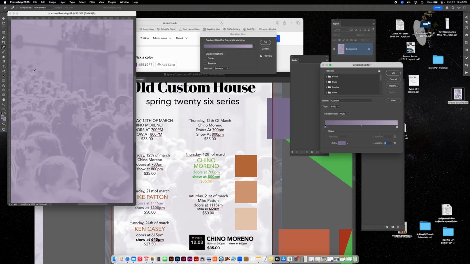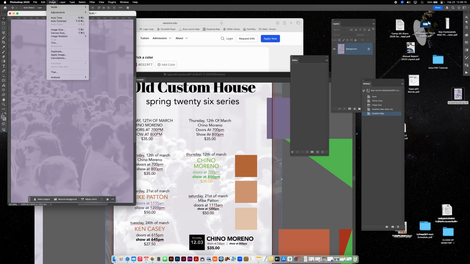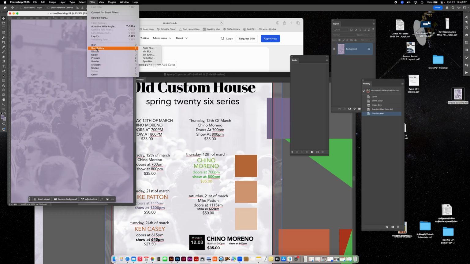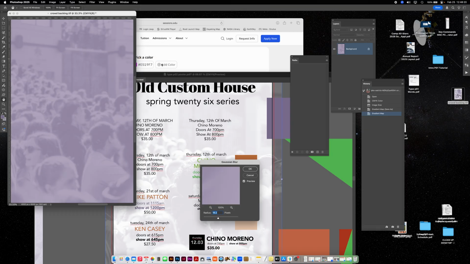Another thing we can do with this, go to, oops, I have to hit OK. Okay. I can come up here and then go into my blur. Gaussian is going to give you a decent option to kind of get rid of some of that detail. Smoothing out some of those edges in the actual background will then let the text be a little bit easier to read. All right, so when you are bringing in textures or bringing in images that you want to use as a texture in the background, keep in mind you really need to make certain that it's going to be readable with the text once it's on top of this. Okay,